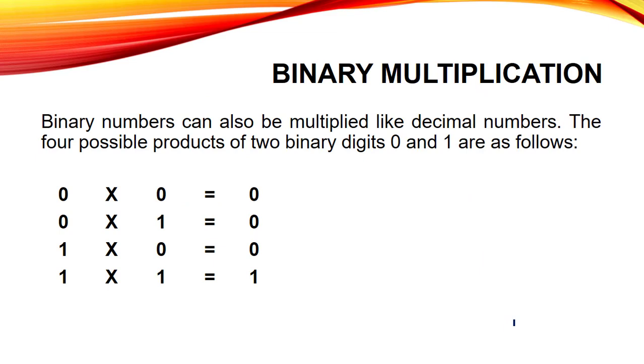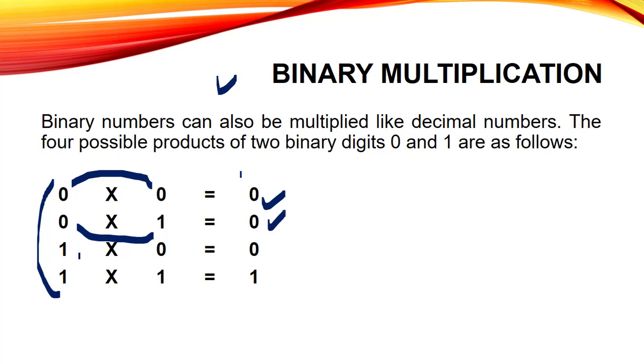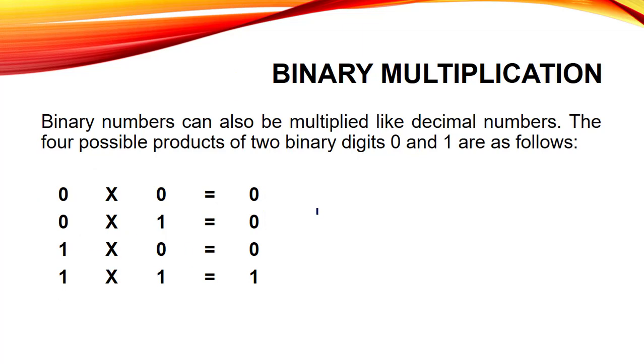Binary multiplication. Well, as in mathematics we have learned multiplication, similarly we have to do this binary multiplication, and it has all the similar rules of multiplication. Well, in this binary multiplication we only have to learn these 4 basic rules. Fine. First of all, 0 multiplied by 0 will give you a result of 0. Next, 0 multiplied by 1 will give you a result of 0. Next, 1 multiplied by 0 will give you a result of 0. Fine. In these 3 steps we are getting a 0 because we have learned in mathematics that whenever we multiply 0 with anything, it gives a result of 0.